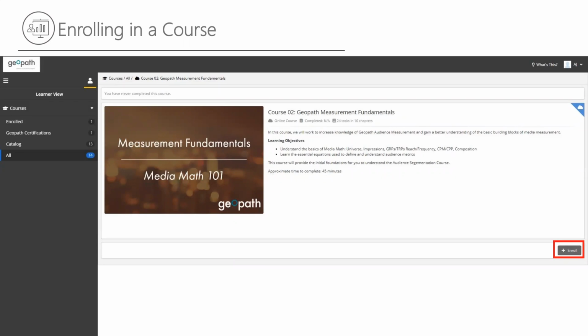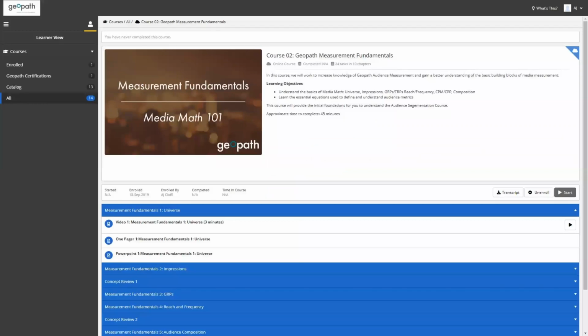So again, if you're planning out your day, or you want to look and see if you want to schedule over a couple of days, you can build timing into your Outlook calendar and know how long it's going to take. As you dig down into any one course, this is the next level, the Measurement Fundamentals of Media Math 101, you'll see that there are 3 different types of content generally within each chapter. So there's a video,